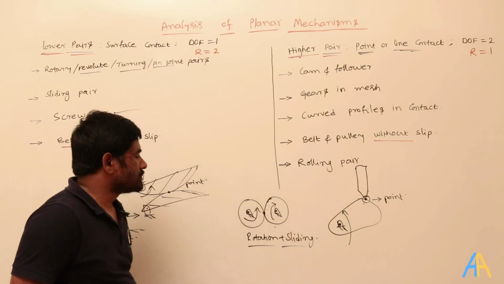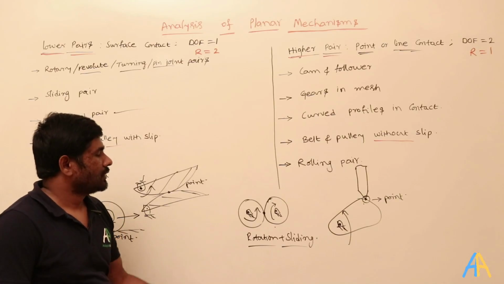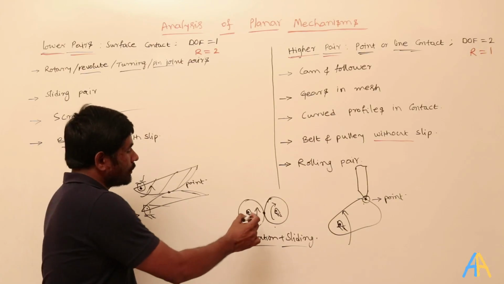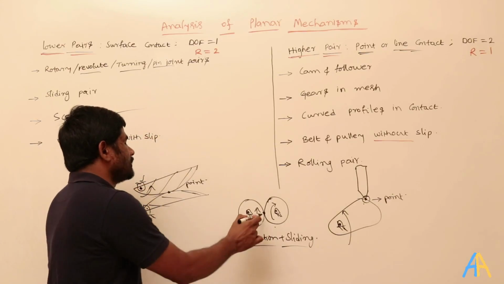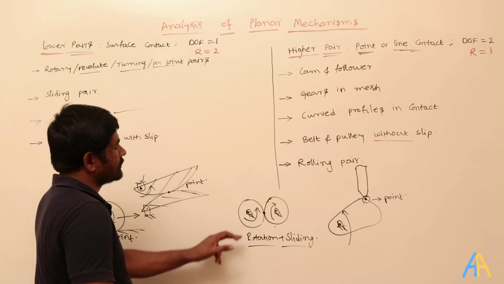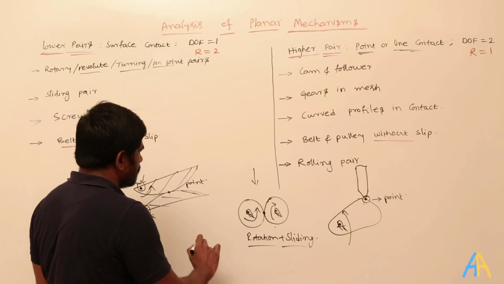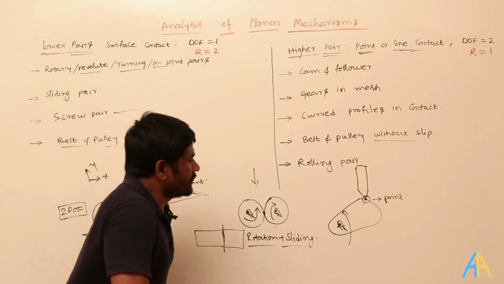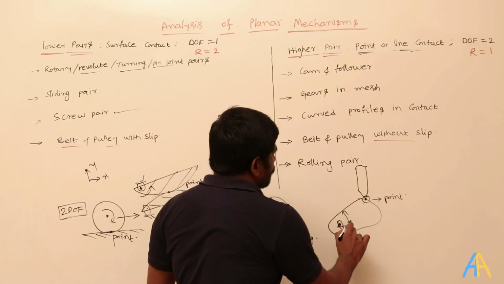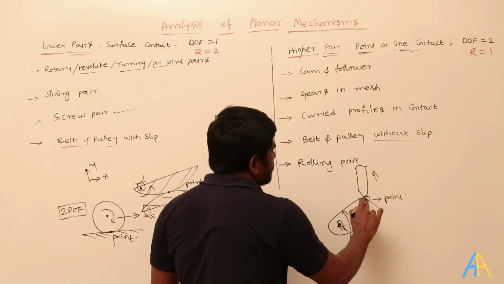But even if you don't know this point, that there is rotation as well as sliding happening here, then how will you find out? See, how is the contact? There is a line contact here in this case. If I see from the top, how will they look? They look like this. This is the line contact for this. And here it is a point contact. When I am trying to rotate this, it is not only going up, but there is sliding here.